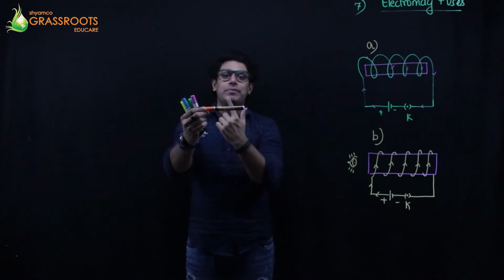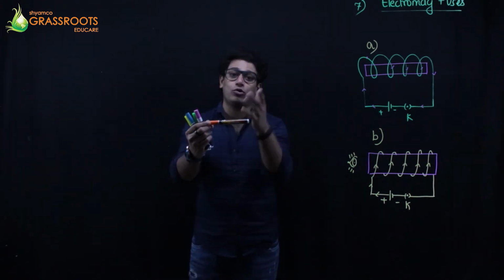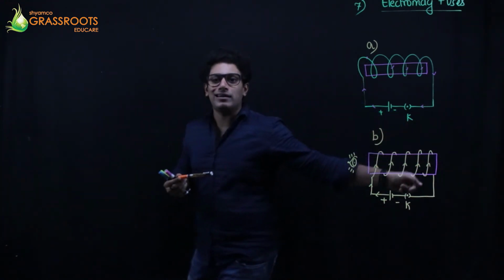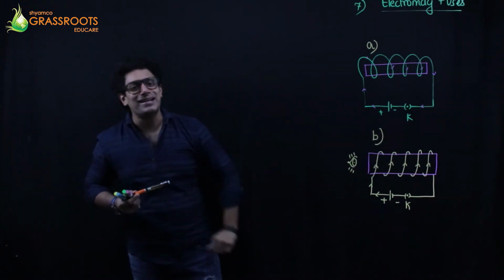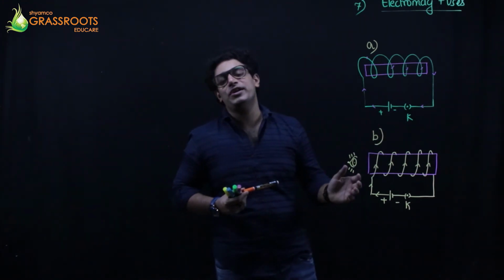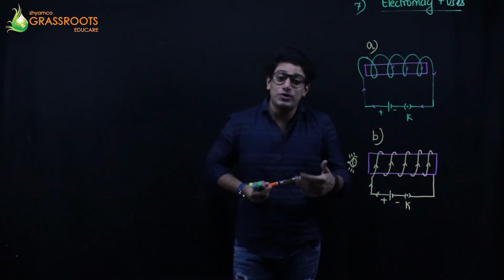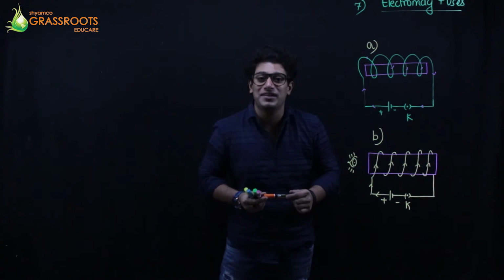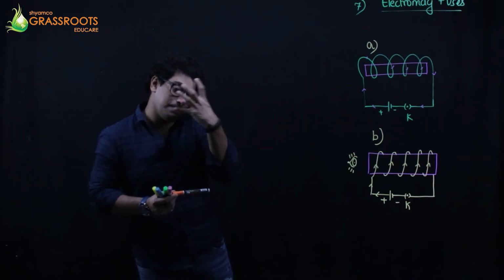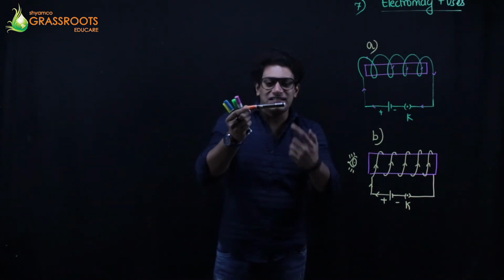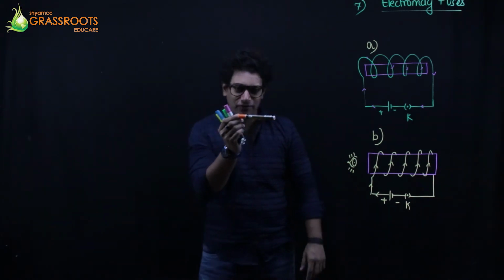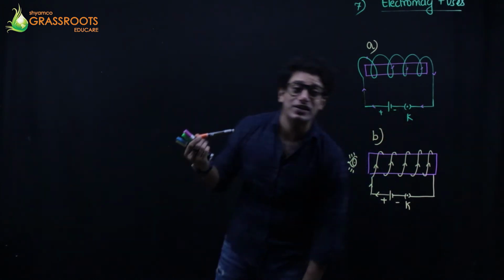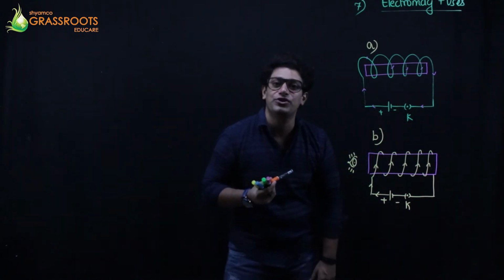Looking from the front, I will not be able to determine which is a north pole and which is a south pole, because obviously when a current is flowing through the conductor, this system acts like a magnet, and a magnet has to have a north pole and a south pole. To determine north and south pole, I'll have to check the face. It won't be known from the side. I have to see from here, or I have to see from here. Then only I'll come to know which is north and which is south.